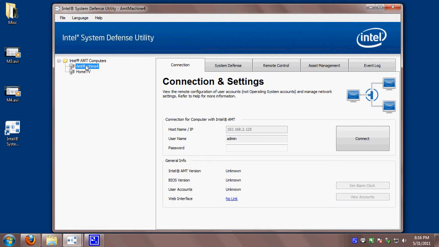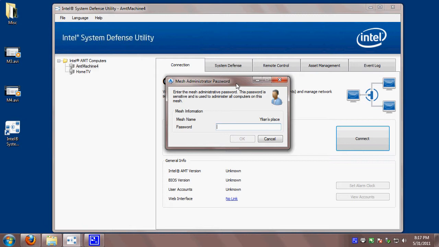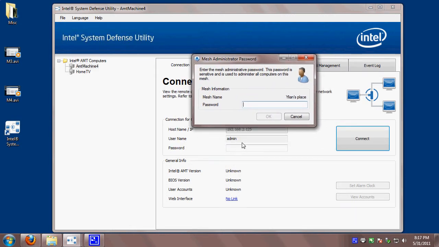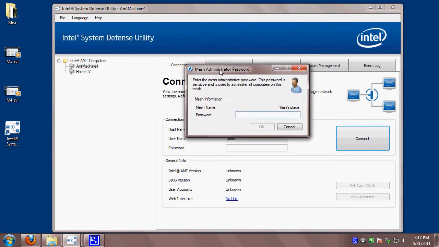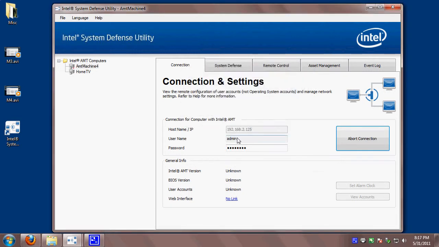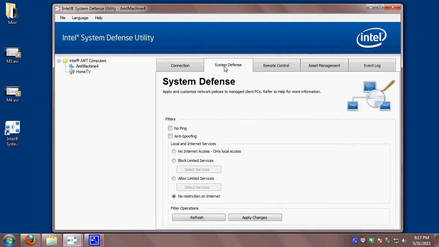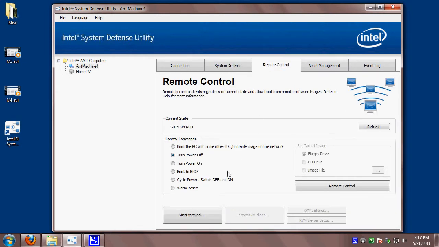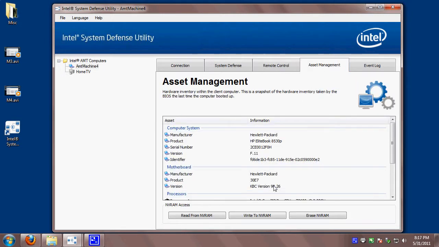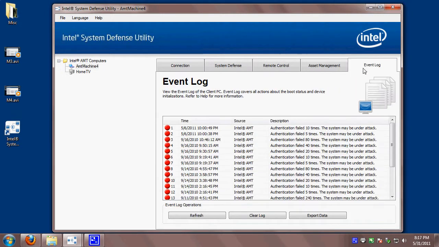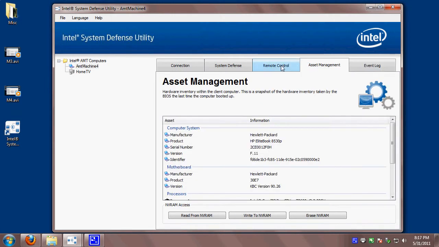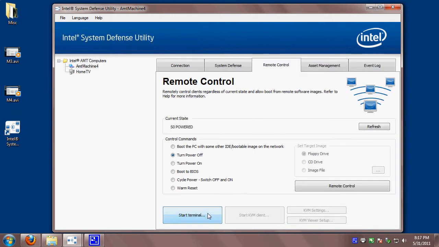Okay, so now the other thing I can do is click connect, and you notice here that this is a little bizarre. I left the password prompt empty, and now it's asking me for the mesh password. The interesting thing here is that the mesh password will be used to decrypt the AMT password. So as soon as I click OK, this tool used that, decrypted the AMT password, filled that field up, and connected correctly. So now I'm connected on this machine, and I can do things like asset management and take a look at my computer,